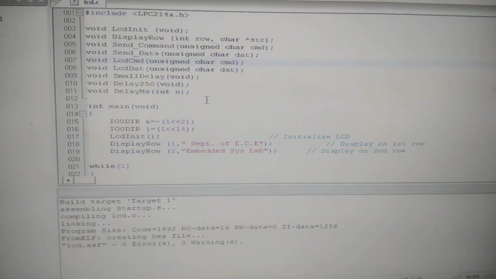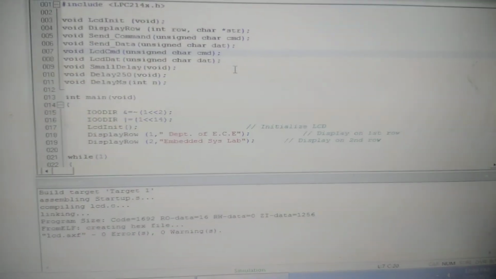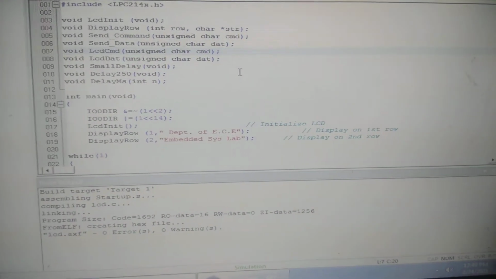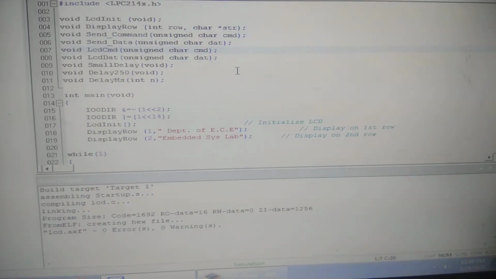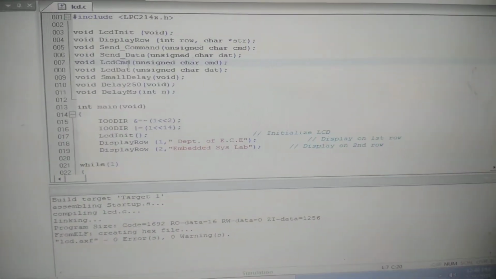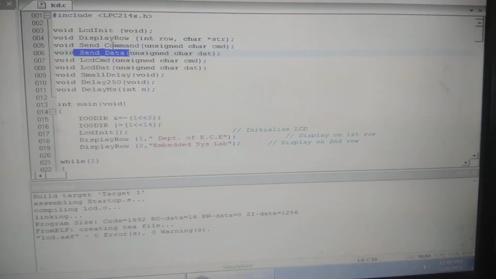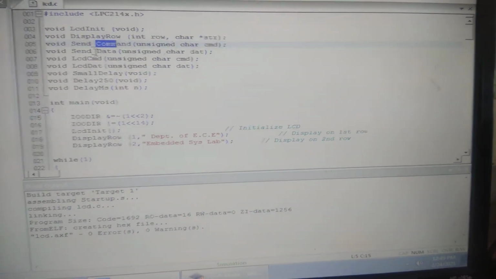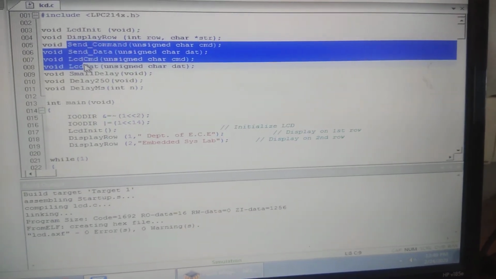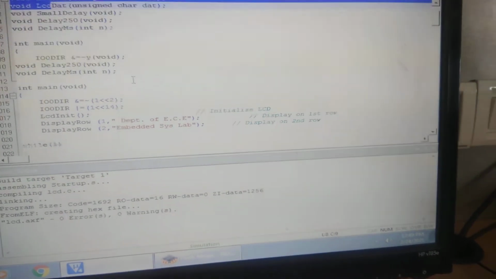Normally in embedded systems we need to write the code in terms of functions. Then and there we need to call the functions and pass the arguments to simplify the density of the code, right? So this is the send command and send data, which help you to configure your LCD data, LCD command. These 4 lines help you to configure your LCD devices and display your messages, right?